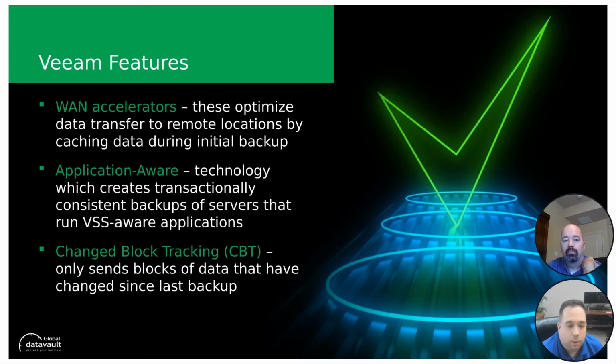So WAN accelerators, what those do is those typically cache an operating system. And what I mean by that, let's say you have 5 servers that are using Windows 2016. Obviously, you don't need to send Windows 2016 to us 5 times. So what it will do is during that first initial transfer, it will cache the operating system. So each Windows operating system requires 10 gigs. So if you use Windows 2016, Windows 2019, Windows 2012 R2, it will require 30 gigs, one for each of